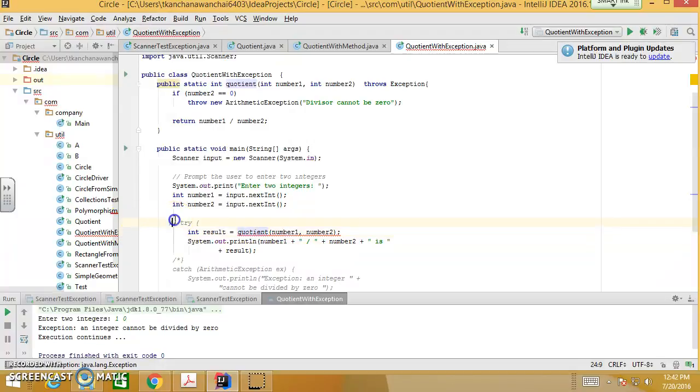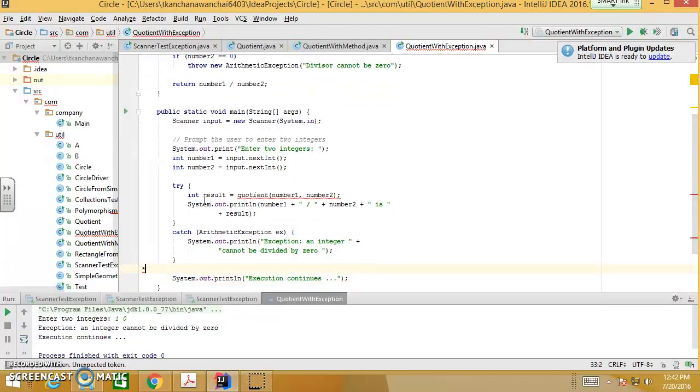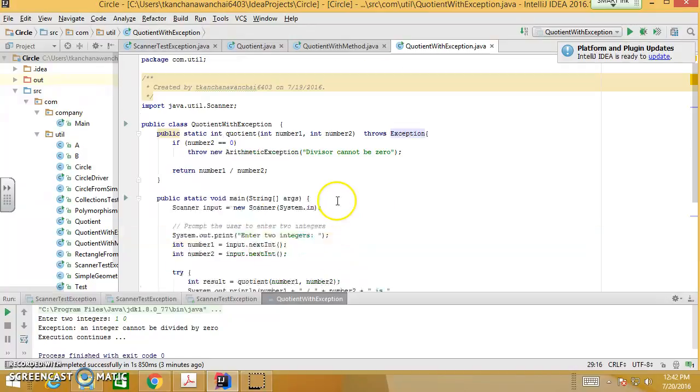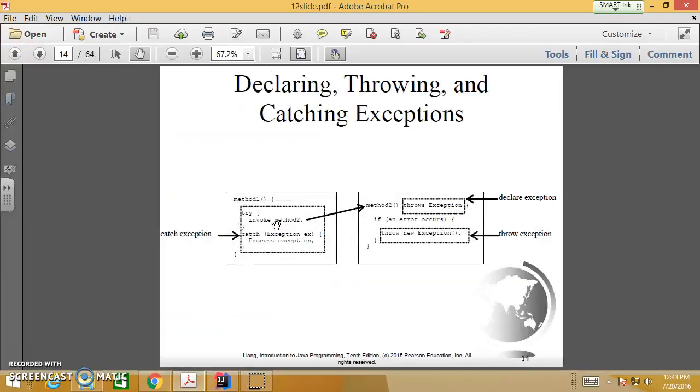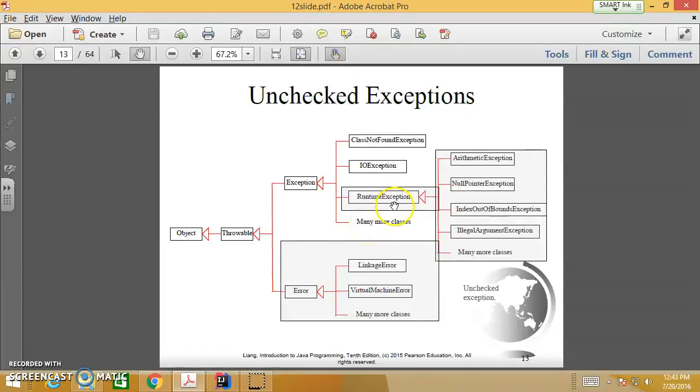So to handle it, you pretty much have to surround it by try and catch. And then the compiler will be happy, because we handle it, and we have to handle it by the exception type that we specified earlier, right? Because we said throws exception, so you handle it. So this is called checked exceptions, right? Like we looked at earlier,